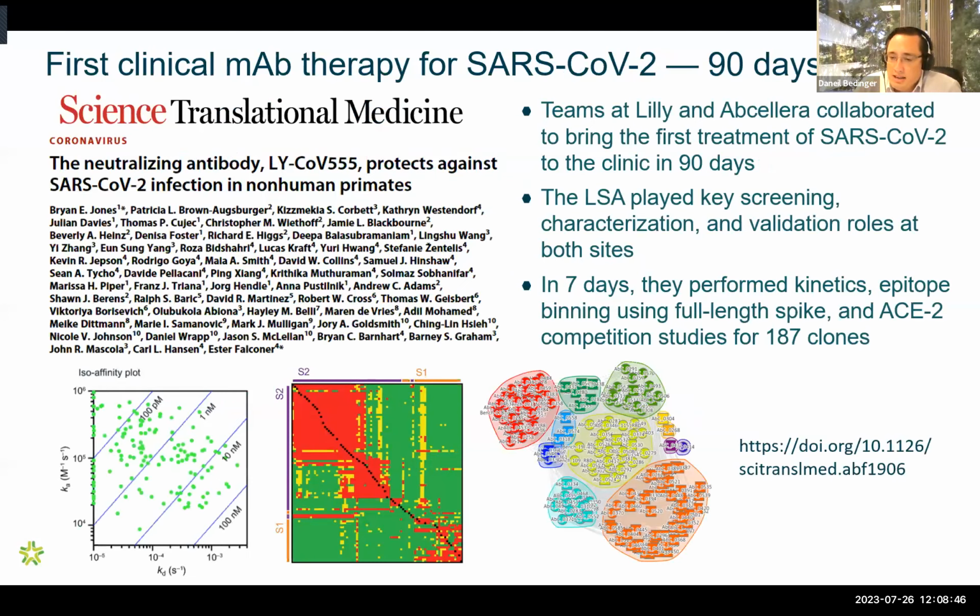Okay, so going into the first example here, this is one we love to talk about. The groups at AbCellera and Lilly collaborated very early in the pandemic. They had received some DARPA funding to build a rapid antibody infrastructure earlier. And when the pandemic came about, AbCellera collected blood from one of the earliest recovered COVID patients in Canada and did a B-cell discovery effort where they identified many putative